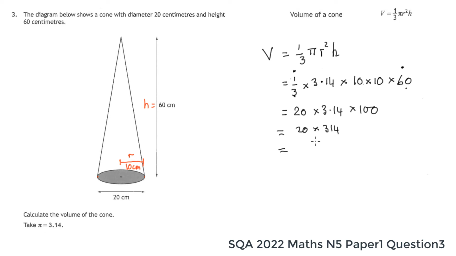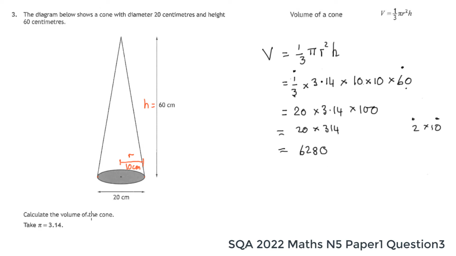Well, if we multiply by the 10 and then by the 2, 10 times this would be 3,140, and therefore we have to double 3,140. So doubling 314 gives you 628 with the 0 at the end. For the 10, remember 20 is 2 times 10, so what I've done is multiplied this by 10 and then doubled the answer, used that and then this. So we end up with